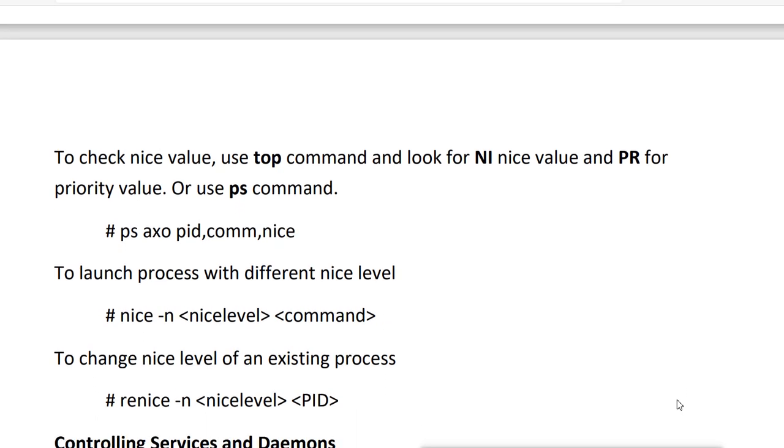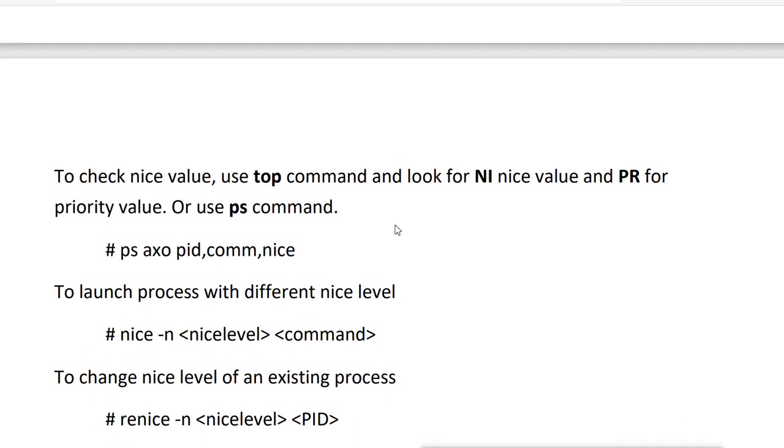But sometimes we want to manage the NICE value. We want to give a process more priority than what it usually gets. Usually they get 0. So if we want to run a process with more priority, we can change the NICE value. We can assign any NICE value from -20 to plus 19. But minus values can only be assigned by a root user. Normal users can only assign plus values, that means 0 to plus 19.